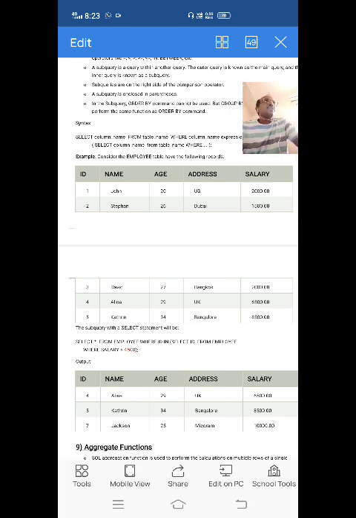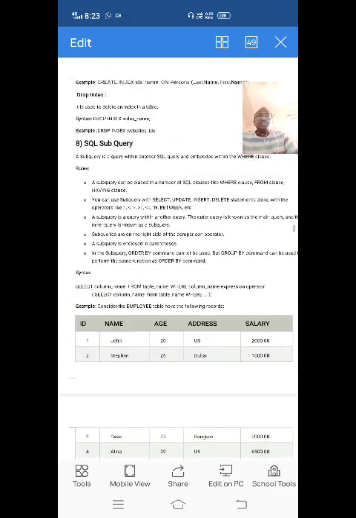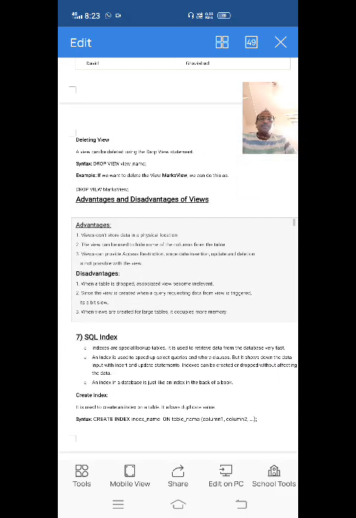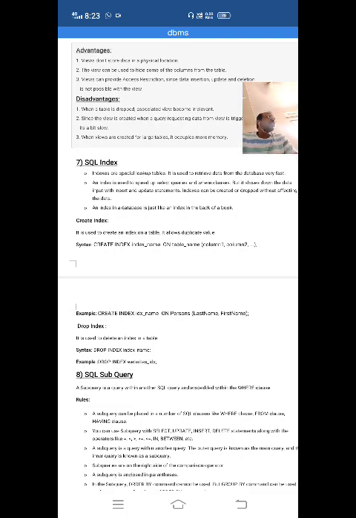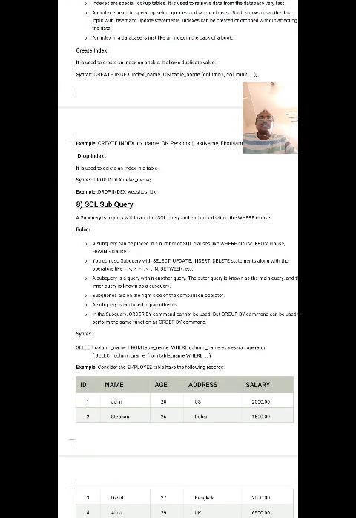So we have completed two topics. Okay? One is SQL indexes. The second topic is SQL subqueries. Both are very important. The importance of indexes is that you can retrieve information within a short period of time.